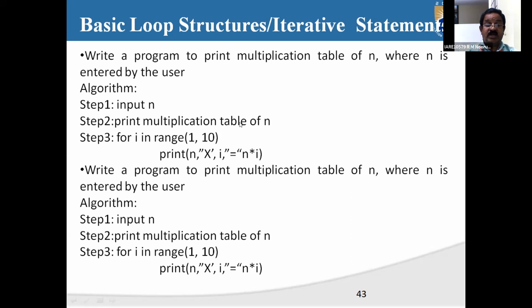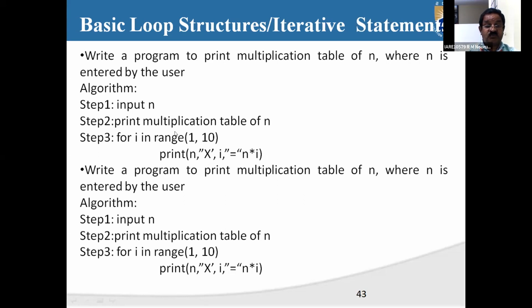By default it is going to increment by 1. So first i is going to start with 1, i equals 1. Now it's going to print n. What is the n value that you have given? Say for example, 5. If I want the multiplication table of 5, then you are going to write 5 into